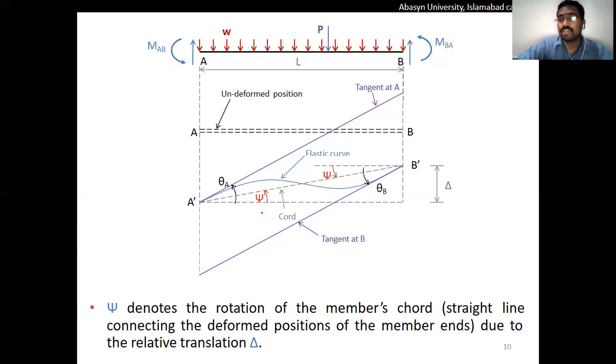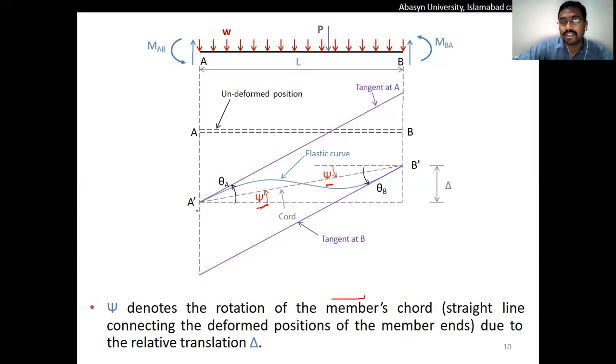And the other term that is used in this method is called psi. Psi denotes the rotation of the member's chord. The psi is basically the overall or net rotation in the member due to theta A and theta B. MAB will cause rotation, and MBA will also cause rotation. So the net rotation that is caused by both ends is denoted by psi, and psi indirectly denotes the rotation of the member's chord, or the straight line that connects the two positions of the member,